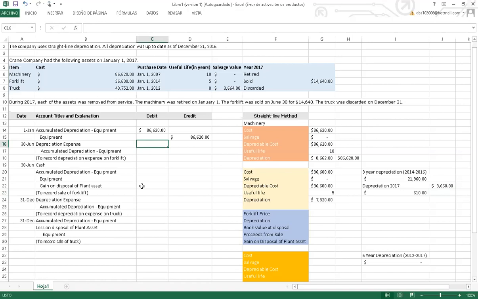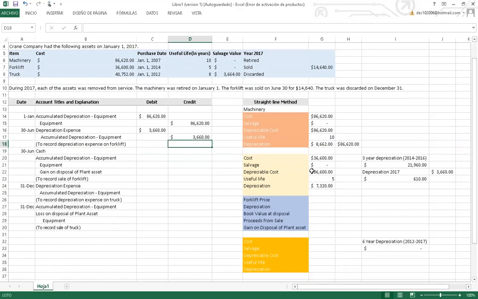So we're going to first debit depreciation expense, and it's going to have the amount of $3,660. And then we credit accumulated depreciation equipment, that is going to be the same amount. But then it tells us that we sell it. So to calculate all the amounts that I need to use for the journal entry right here,